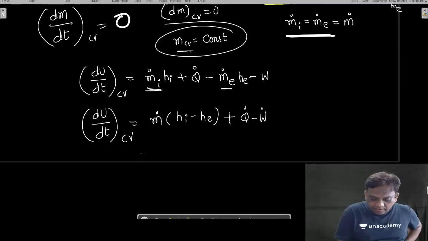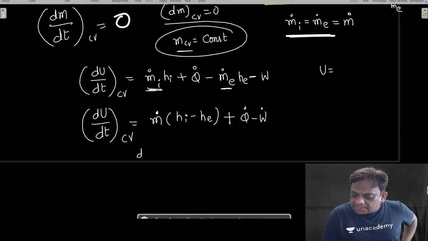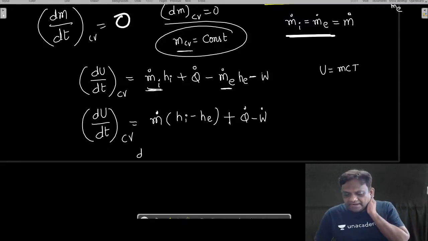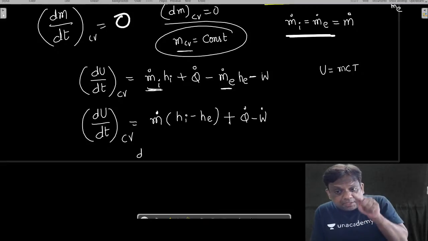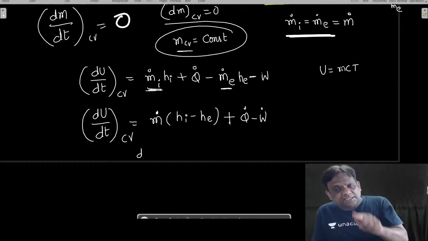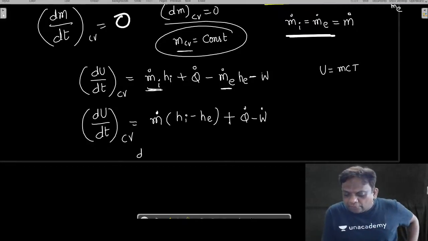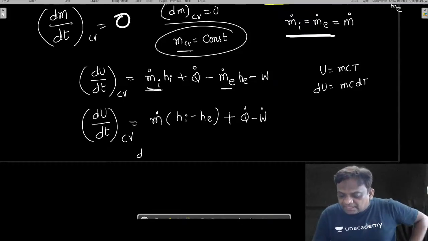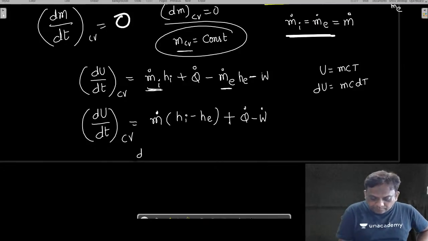So I will do one thing. Can I write internal energy as mcT? Can we write internal energy as mcT? बोलो रे, can we write? Yes, internal energy. It is liquid. Don't write m cv dT. m cv dT is for ideal gas. It is not ideal gas, it is liquid. So internal energy for any fluid is given by mcT. So can we write this as du as m c dT? Can you tell me what is c? C is specific heat of the fluid. अब देखो, d by dt of u, what is u?